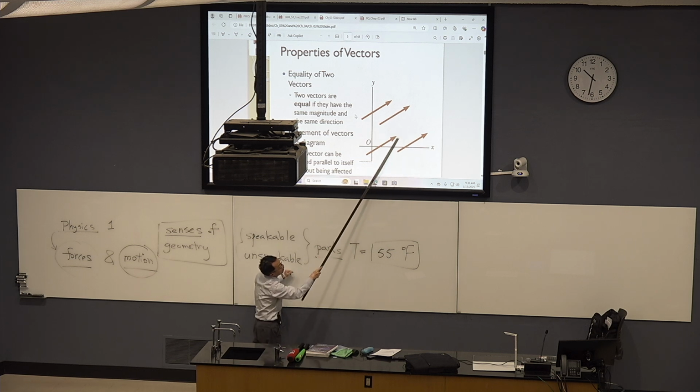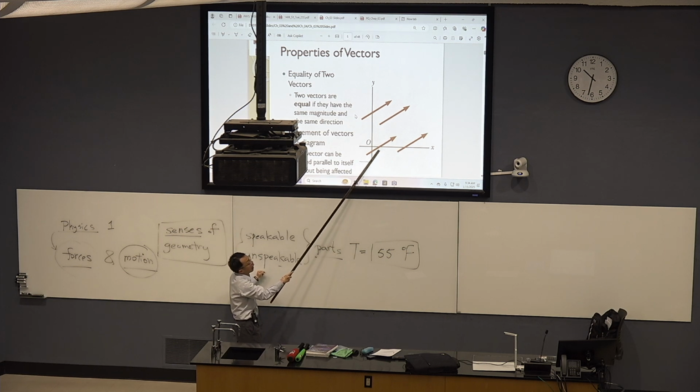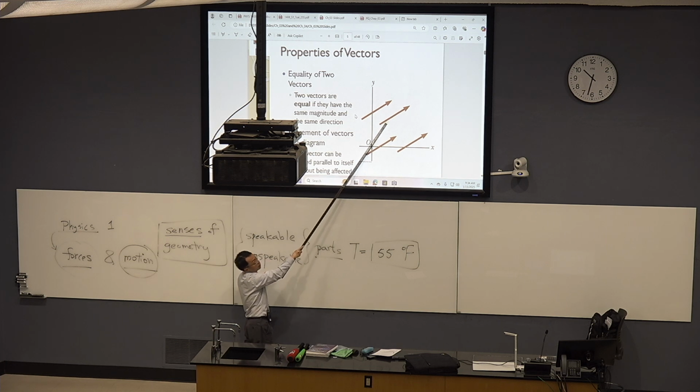So here I have a vector. It has a magnitude and direction, and it's represented by an arrow. But now if I try to parallelly shift this vector to another location, we will claim that it's still the same vector as long as its magnitude and direction are both preserved, right? Similarly, if we move this vector to yet another location, it's still the same vector, as long as the direction and magnitude are the same as before, and so on.